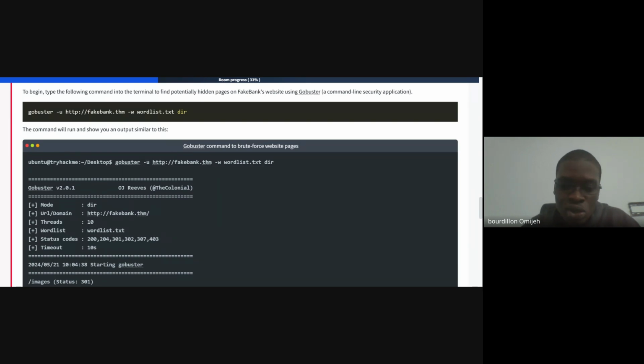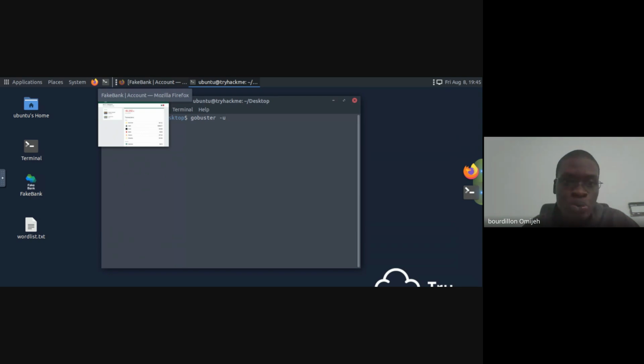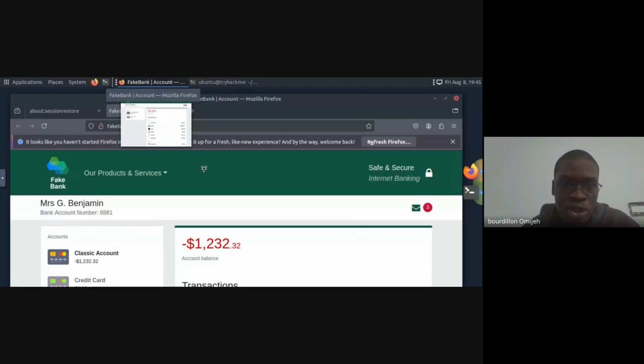The first thing is the tool, so you type GoBuster. Then type -u. -u is for URL, which means you want to input a URL afterwards. So what's the URL of the website that we are trying to hack? You can check it here.